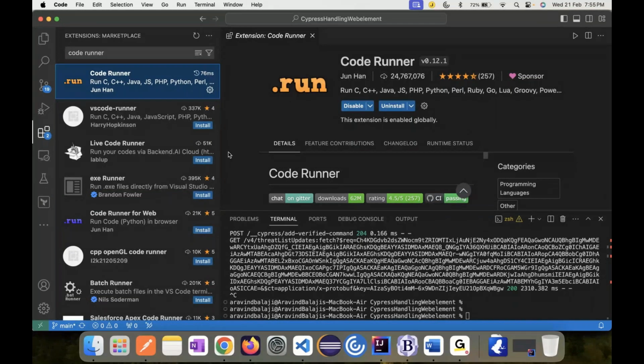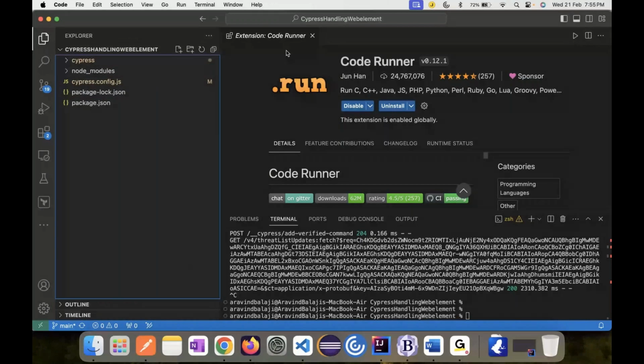Just use that to install it, and restart your Visual Studio Code once, and you will get this play button. So why this play button? The easier way is, to start it off, let me